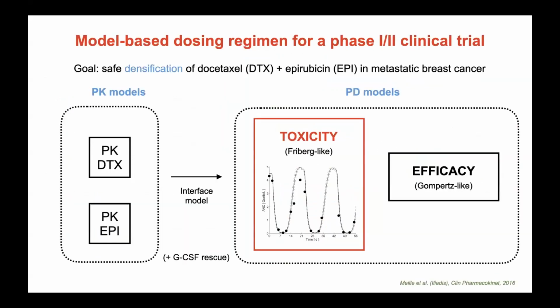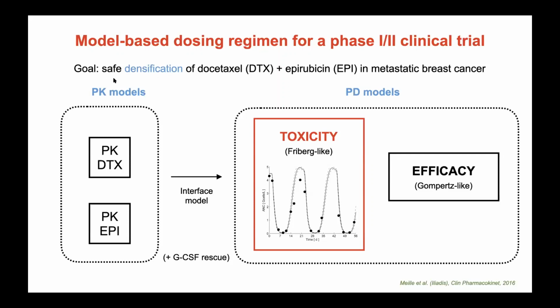Next, in the time I have left, I would like to talk about a second study, which was one of the first examples I know, at least, of a phase 1-2 clinical trial that was fully based on a mathematical model for the dosing regimen, and there was also an adaptive part done by an adaptation in the trial. And the goal was to densify the protocol of a combination of drugs, docetaxel and epirubicin, in metastatic breast cancer. And this densification was performed